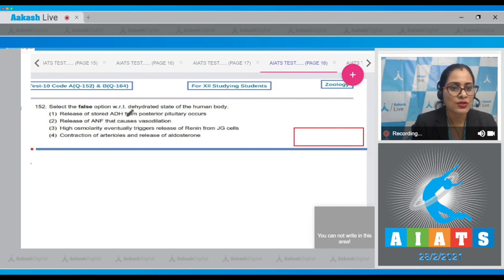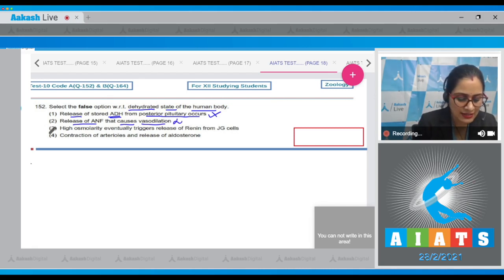Select the false option with respect to dehydrated state of the human body. The very first option is release of stored ADH, antidiuretic hormone, from posterior pituitary occurs. And this is a correct statement, so cannot be a correct answer to our question. ADH or vasopressin is secreted from hypothalamus but stored in posterior pituitary. Second statement says release of ANF that causes vasodilation, and this is an incorrect statement and is a correct answer